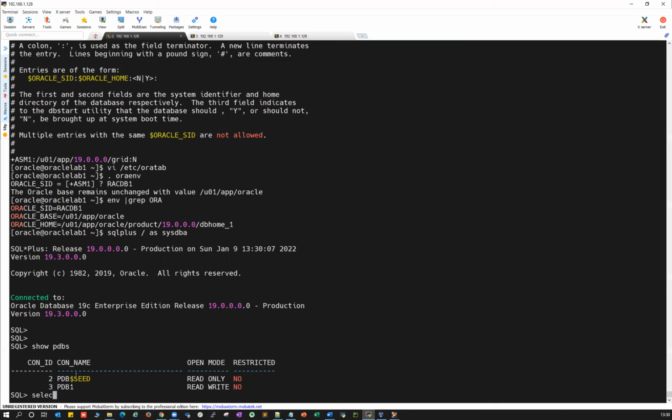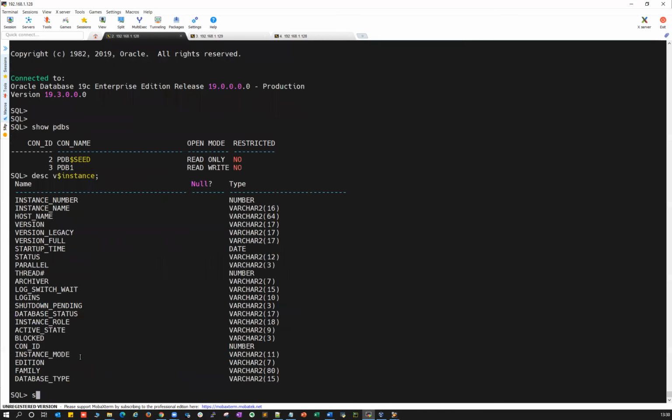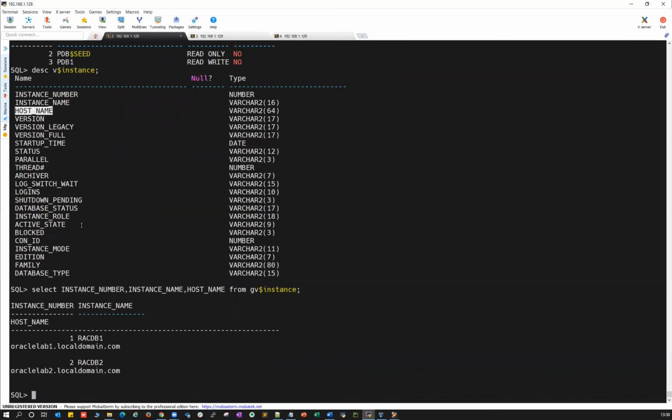So now you can do describe v$instance, and then you can select instance_number, instance_name, host_name from gv$instance. So the moment you do gv$instance, you will see your instance 1 and instance 2, which are running on Oracle Lab 1 and Oracle Lab 2.